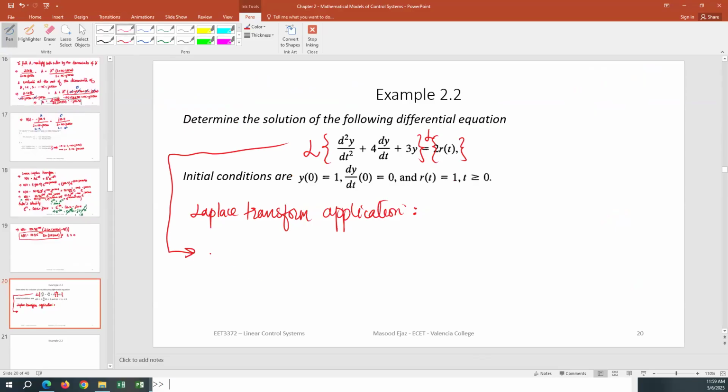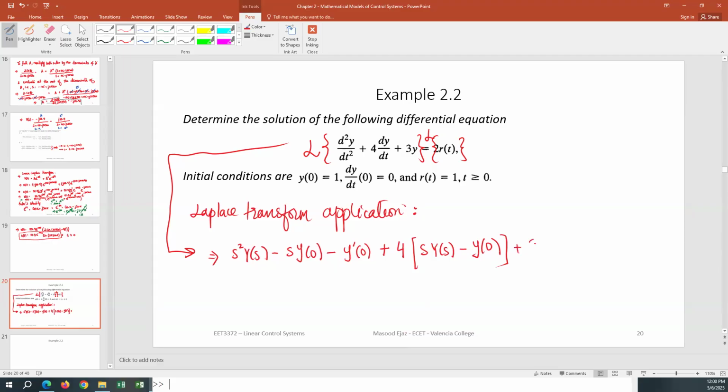The Laplace transform is going to be s squared Y(s) minus s y of 0, minus s to the power 0, which is 1, times the derivative of y evaluated at 0. And I'm going to ignore the rest of the terms because there won't be any terms after this. Plus 4 times dy over dt. The transform of dy over dt is going to be s times Y(s) minus s to the power 0, y sub 0. s to the power 0 will be 1, so minus y sub 0